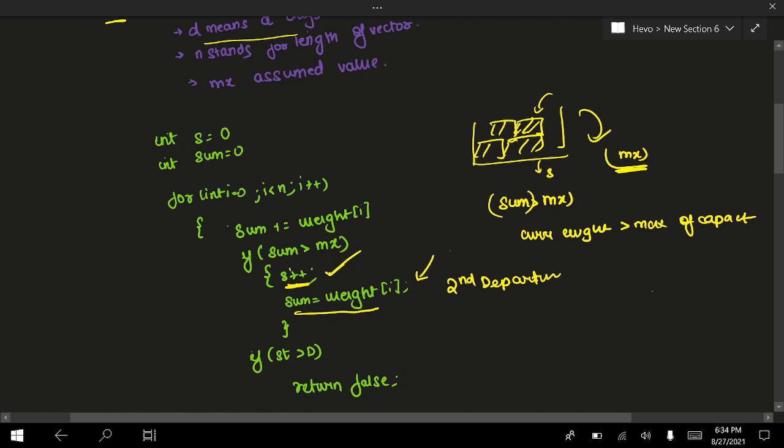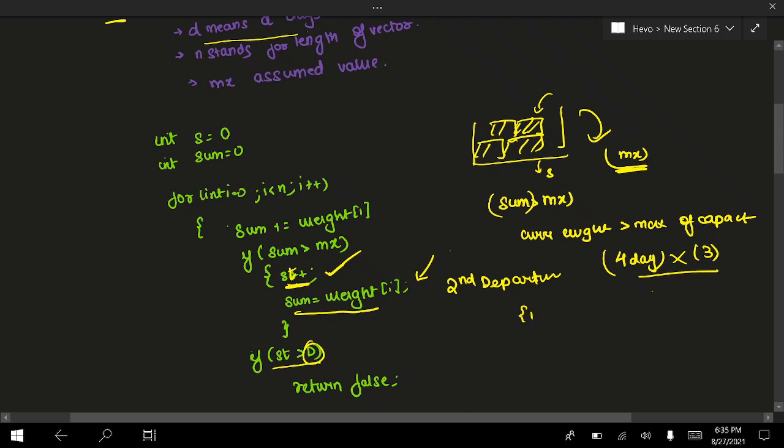So what is st here? You have to maintain a count of the number of days. If the count of the number of days exceeds the d value, that means the ship cannot deliver all these weights. So st is just the number of days, keeping track of all the days. For example, if st is 4 days and you have a time of 3, that means it's not possible, and you will get a case for that.